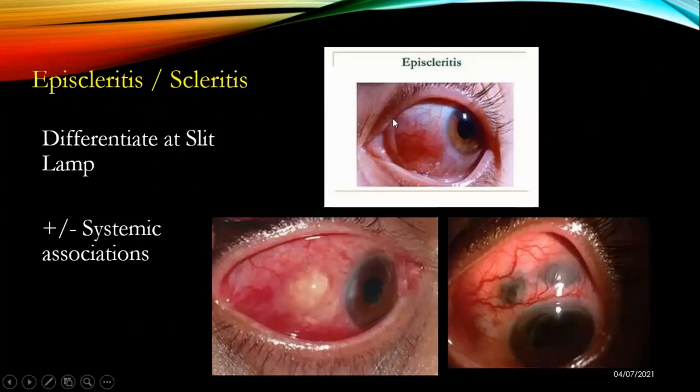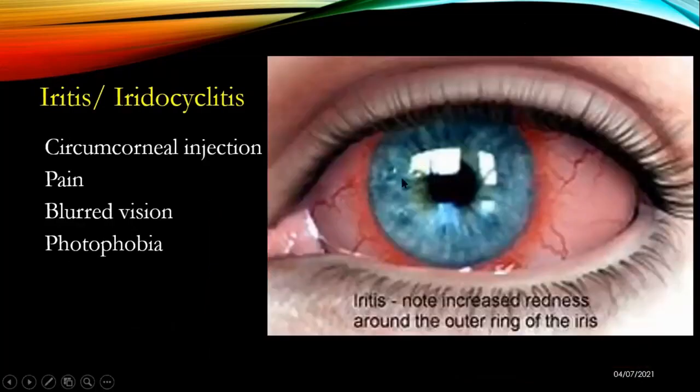Episcleritis, scleritis, these may be isolated or as part of systemic conditions and may have systemic associations, so we manage them accordingly. And this is intraocular inflammation, iritis or iridocyclitis. Patient may come in with specifically circumcorneal redness and blurred vision and photophobia. This is in contrast to the conjunctivitis, where you get redness more on the fornices, and there's no blurred vision, there's no photophobia. But here in iritis or the iridocyclitis, basically the intraocular inflammation, patient will have blurred vision and